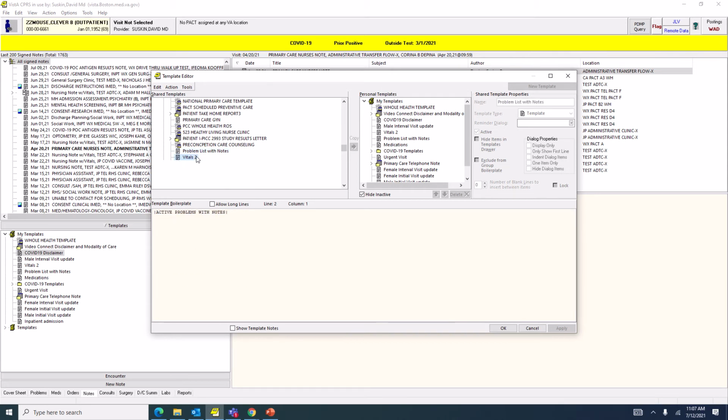vitals and problem lists with notes. So if you start your note before the visit, it'll have old vitals, and so you'll be copying vitals and problem list. It'll allow you to copy those into your note after you have seen the patient. So those are the ones that I would use for primary care, and then last but certainly not least, I